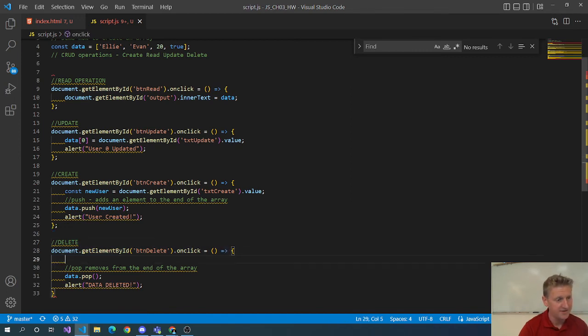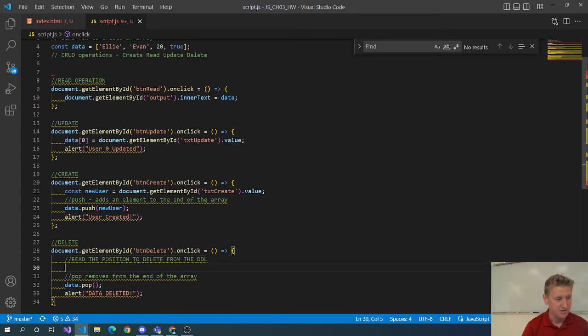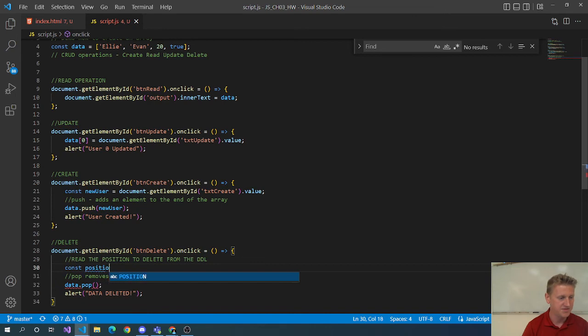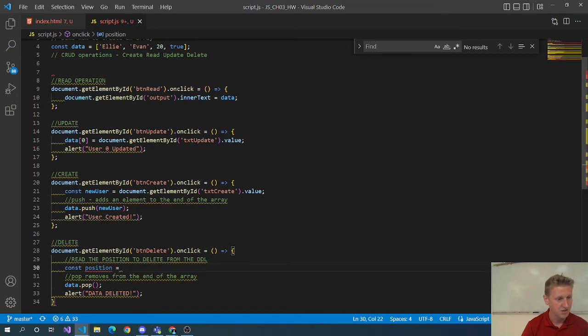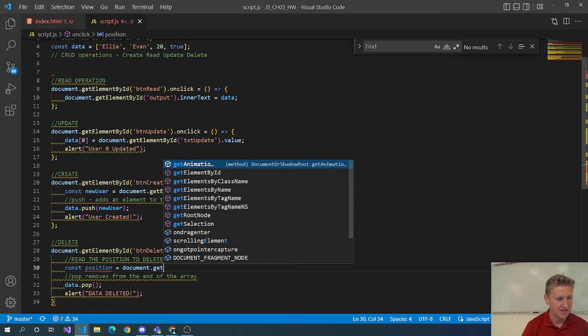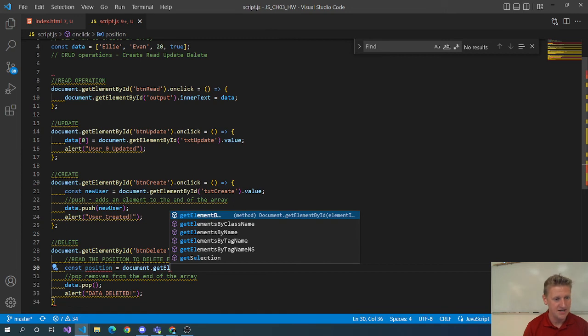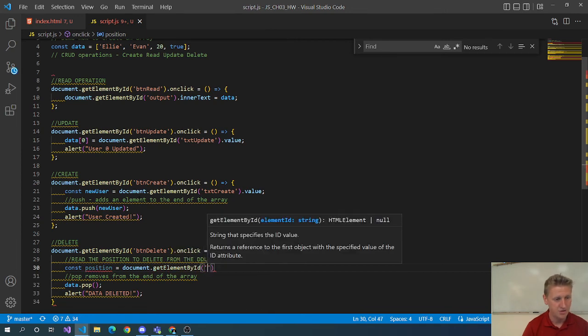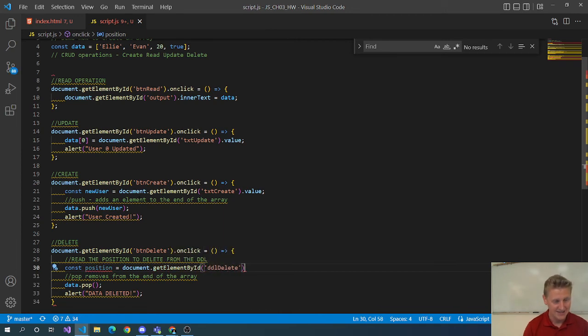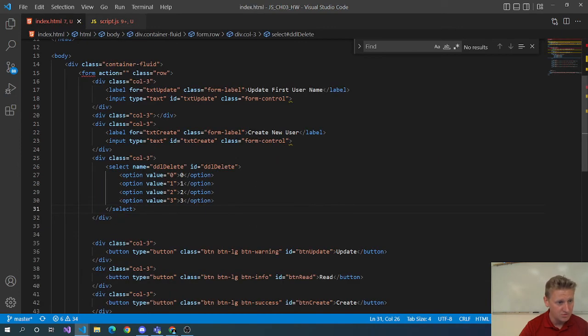Okay, back to the delete. The first thing we need to do is read the position to delete from the drop-down list. Okay, so into a variable, right? So just like before, const position equals document.getElementById, and this was called dropdownListDelete, and the dot value, and the values are here,